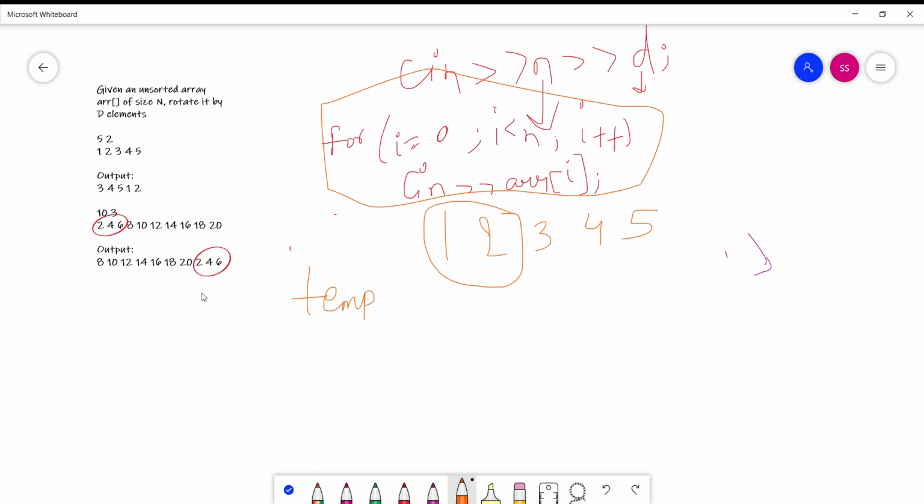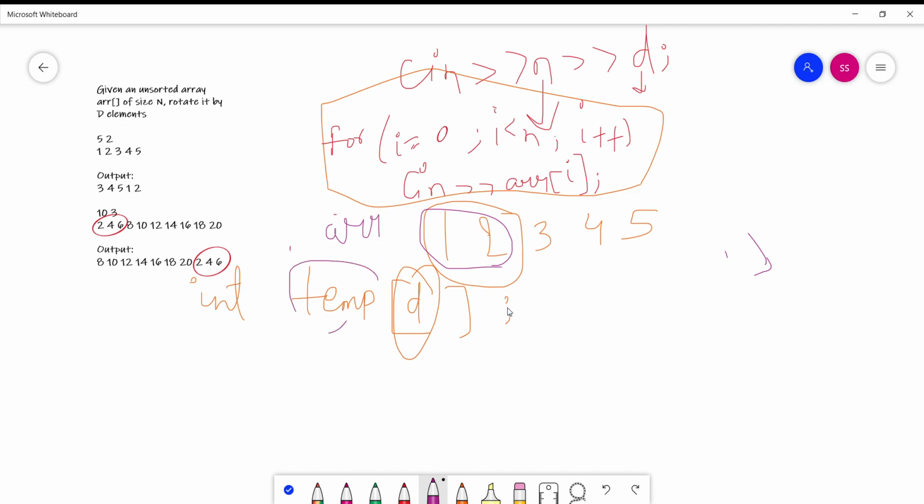Let us suppose I take the temporary array as temp. The name of the temporary array is temp and I take the size of the temporary array as d. Why do I take the size as d? Because I have to insert the first d elements from the given array ARR into the temporary array temp.